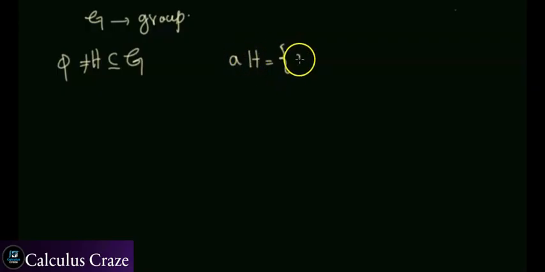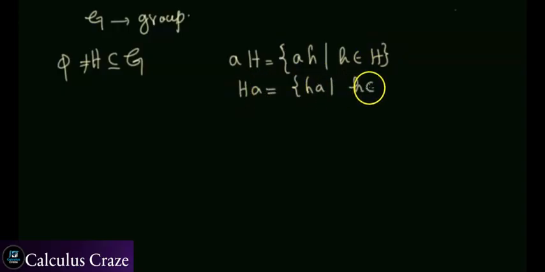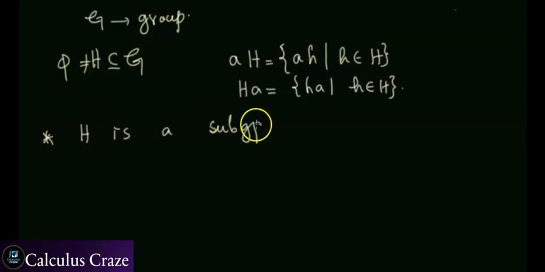which are found by the binary operation of A and all the elements from H. So this is AH, and we also define HA, which is of this form. Whenever this H is a subgroup, in this case AH is called the left coset